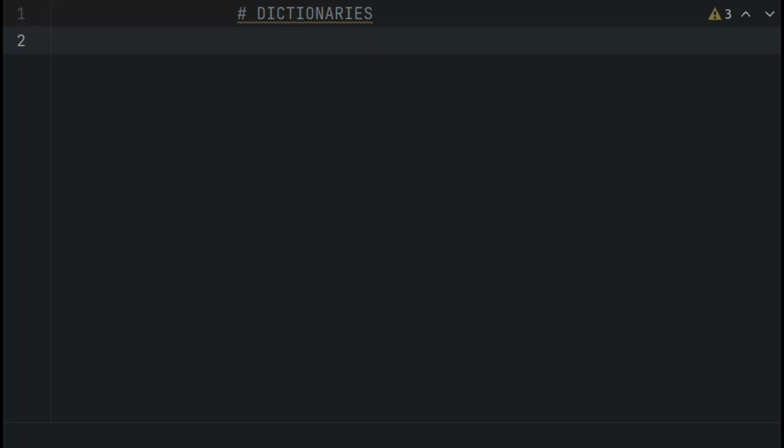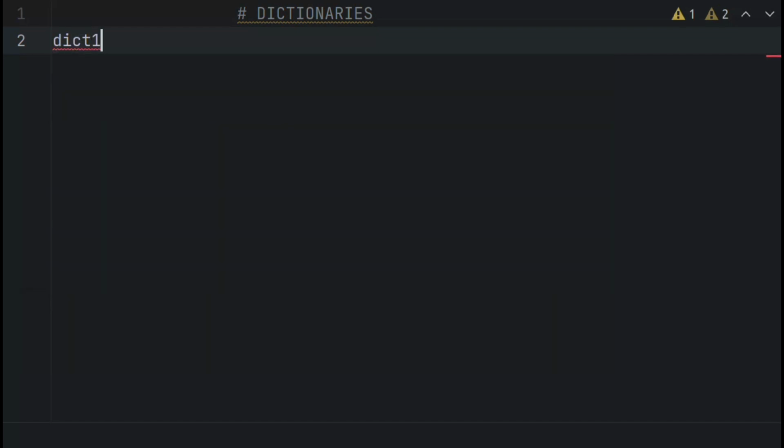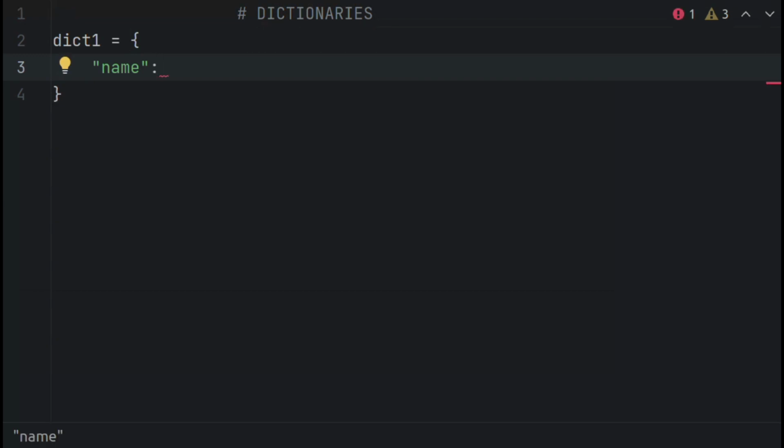So to create a dictionary, let's say a dictionary called dictionary1, which will be equal to, and we open curly brackets. Our key will be name, just like dictionaries which have the name of what you are searching for and the definition. It is the same in this Python dictionary. So name, then